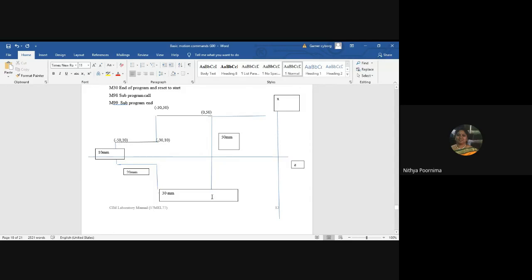Now, before we go back to the programming, first we will understand how the operation happens when we are using the G71 cycle, right? So what is the usual procedure? First, you will call the tool. You can either use G28 or you can use G00 only. You keep positioning the tool after calling the tool here. So first the tool will come here, right? After it comes here, I've not done the facing operation.